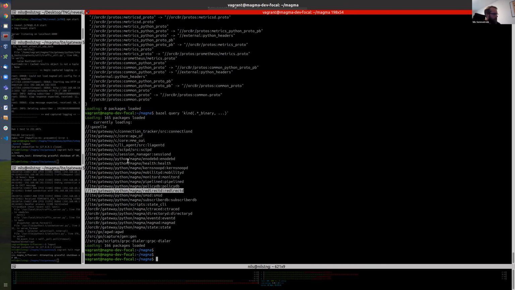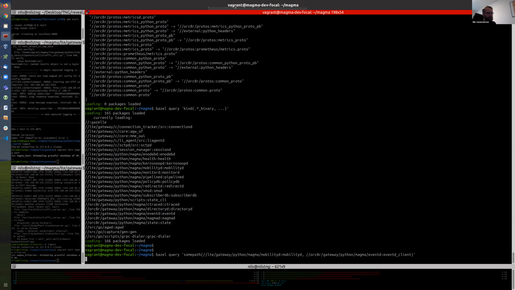There are the C services for AGW, the session manager, also known as sessiond, sctpd, and of course MME with the AGW OAI feature. And again, the question: why is mobilityd using the eventd client?